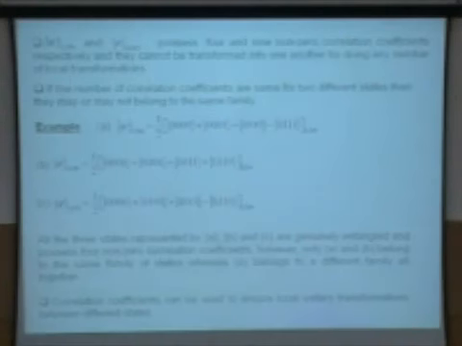And the most significant property of correlation coefficients comes in the form of distinguishing 2 systems by doing local transformations. One way to do it is to see all the local transformations that could be possible between 2 different states, or the other way that we propose is to see the set of correlation coefficients, and by visual examination you would be able to know whether these 2 sets of correlation coefficients could be transformed into each other or not. For example,